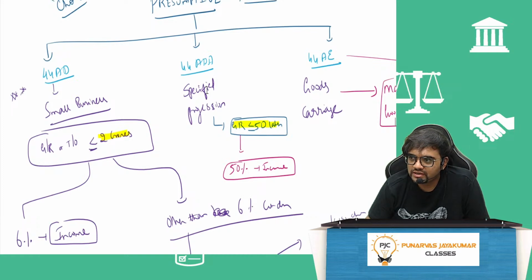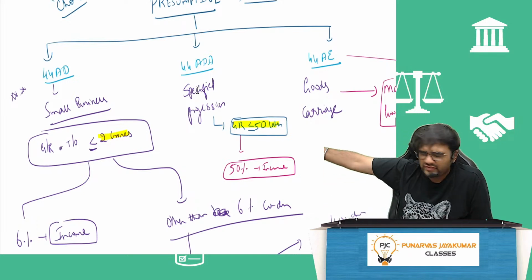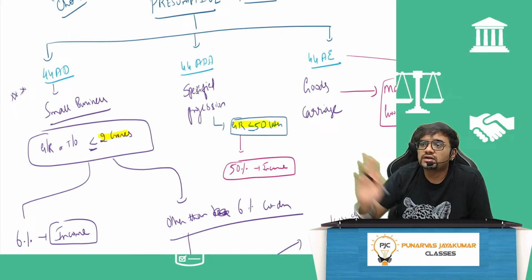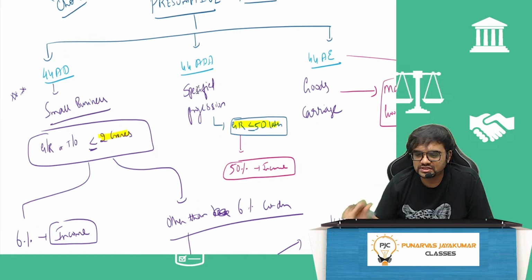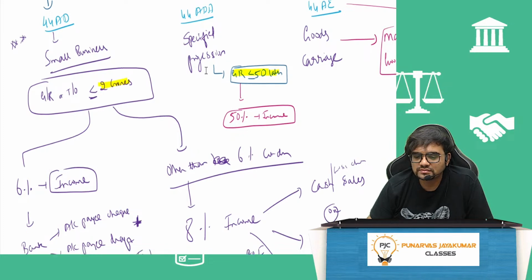Very, very important, because this has been amended by Nirmala Aunty for Finance Act 23. Which means the last time they can ask you these old figures will be the November 23 exam. Right? Minor modifications she has made, what she has made, I will not discuss. Old one we will discuss, that's all. So 44AD, small business. Gross receipts or turnover should be less than or equal to 2 crore. That's why it's a small business.